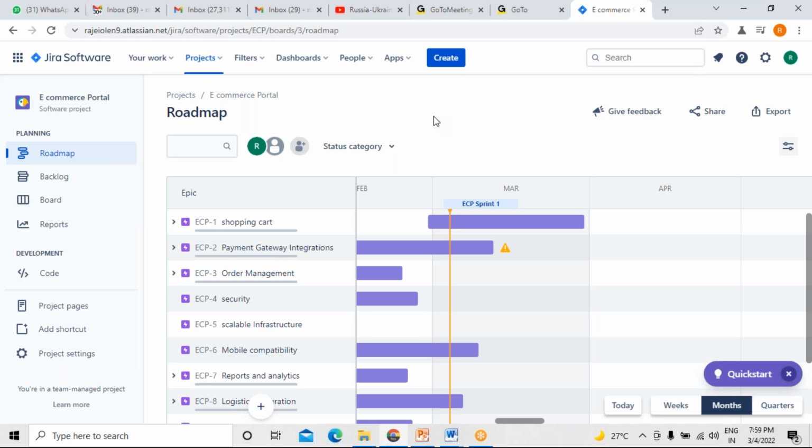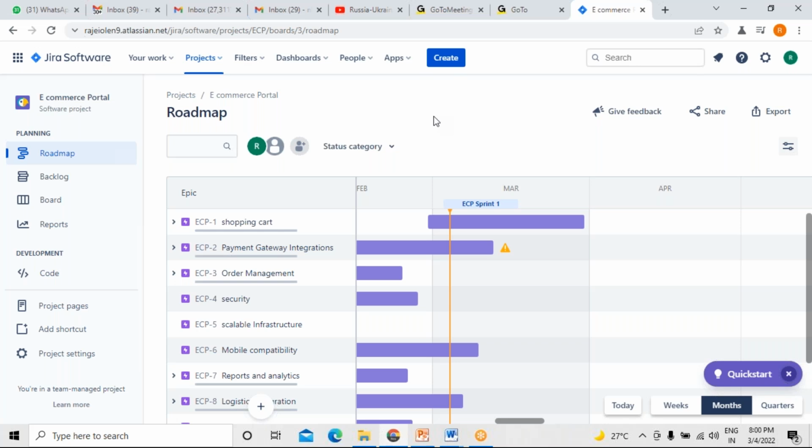For example, unless you have completed two sprints, velocity planning cannot be done. For example, in one sprint we have four user stories, four into two, eight story points. I'll tell you this velocity point tomorrow. Simple thing is, you have to do velocity planning.